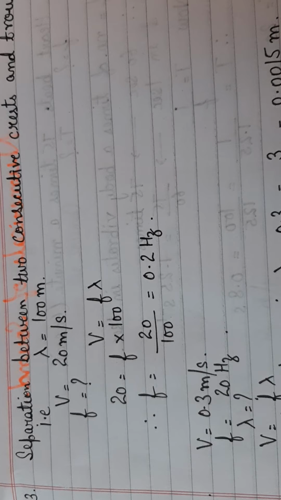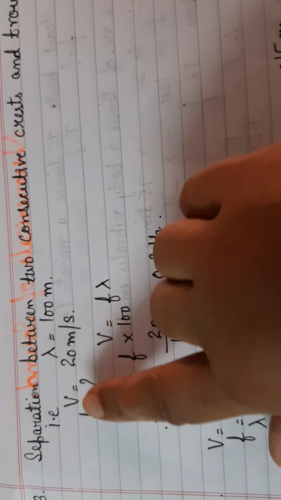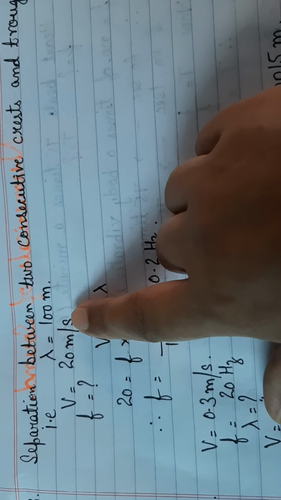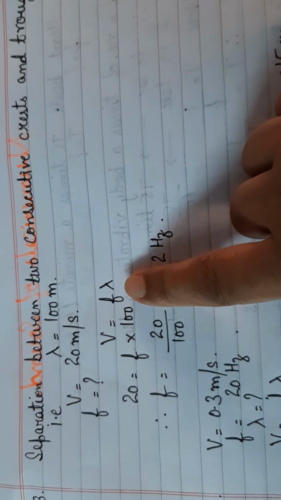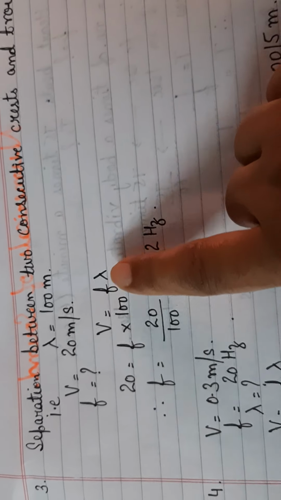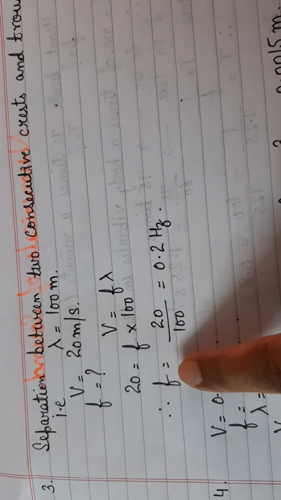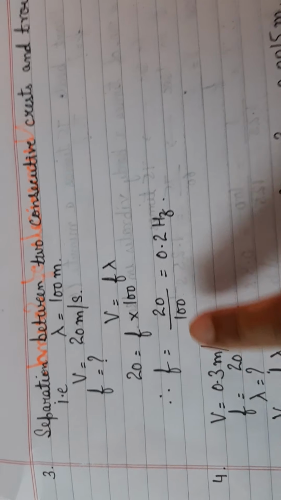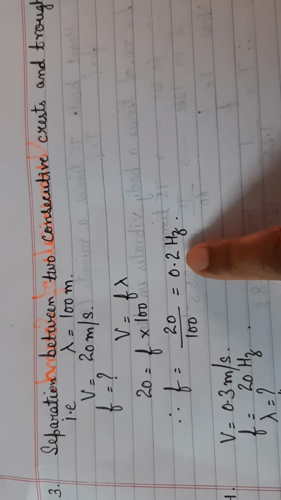And what else is given to you? They have given you the wave velocity. Wave velocity is denoted by capital V. It is 20 meters per second. So these two things are given. And you are supposed to find out the frequency of the wave. I'm going to use the formula V is equal to F lambda. If you remember, we had done this derivation, right? Now let me put the values. 20 is equal to F into 100. Right? Very easy. F will be rearranged, 20 upon 100. That is 0.2 hertz. So the frequency is 0.2 hertz, children. So this is numerical number 3.